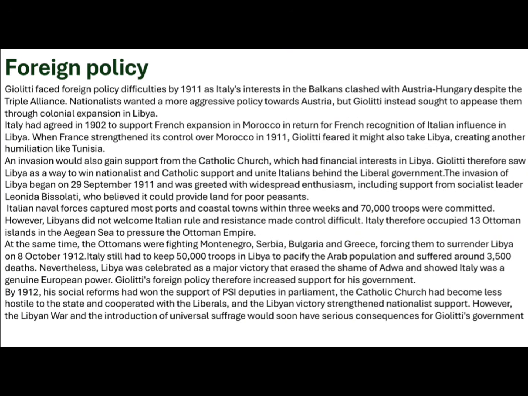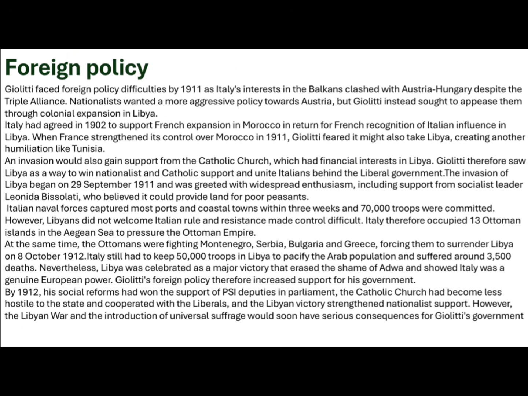So Giolitti faced foreign policy difficulties by 1911 as Italy's interest in the Balkans clashed with Austria-Hungary's despite the Triple Alliance. Nationalists wanted a more aggressive policy towards Austria, but Giolitti instead sought to appease them through colonial expansionism in Libya. Italy had agreed in 1902 to support French expansion into Morocco in return for French recognition of Italian influence